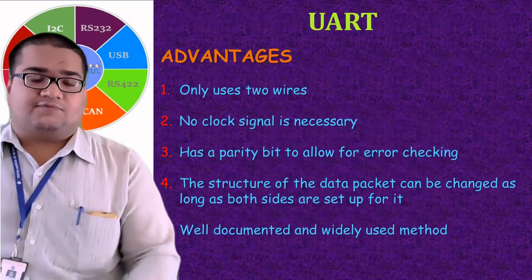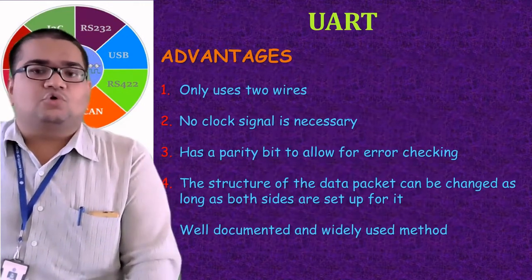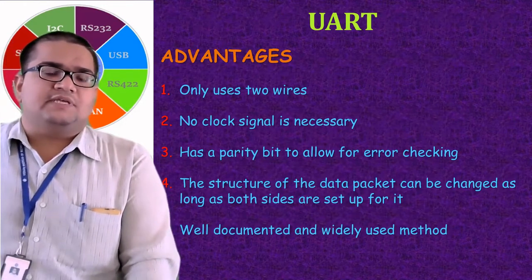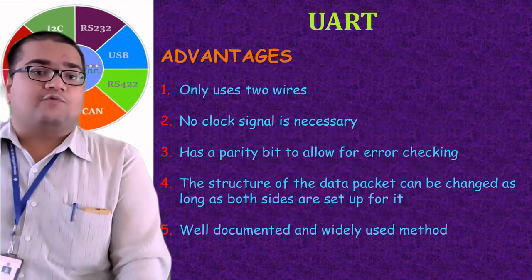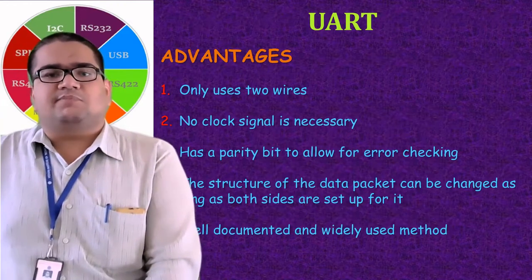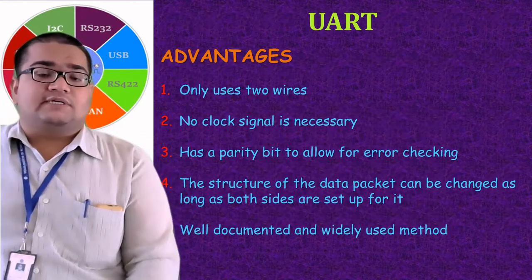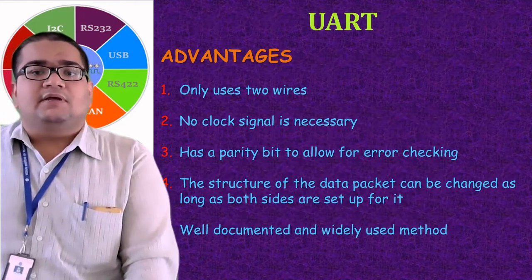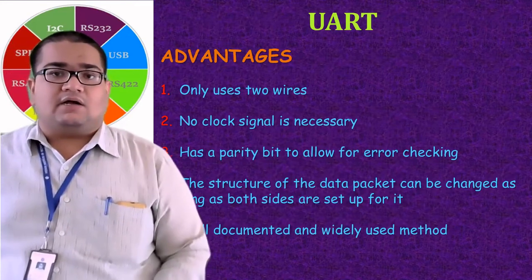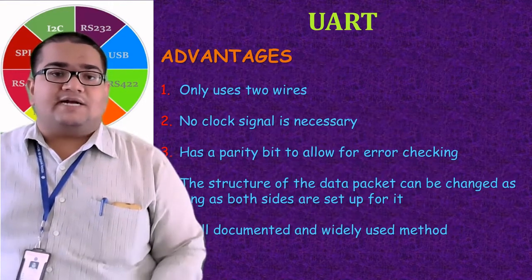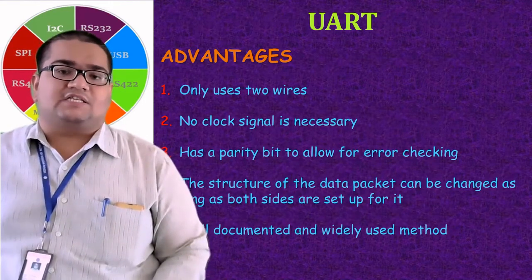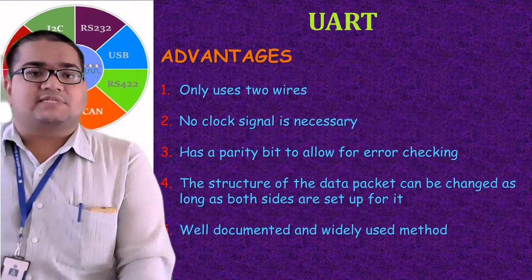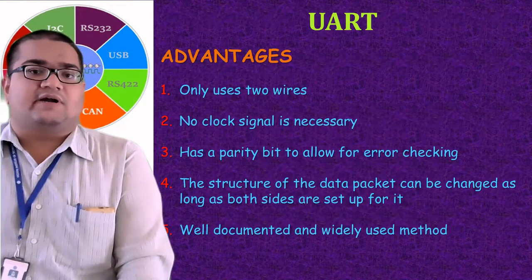Advantages of the UART. The first one is that it is a two-wire type of structure, similar to I2C, whereas in SPI we had 4 wires. So wire-wise it is very simple, only 2 wires are there. No clock signal is necessary, as the UART is an asynchronous type of communication. If I have mentioned that earlier, okay, otherwise UART stands for Universal Asynchronous Receiver Transmitter. Hope it is already known to you. Obviously the name itself says that it is an asynchronous receiver and transmitter.